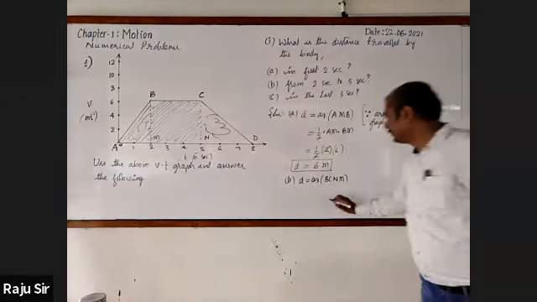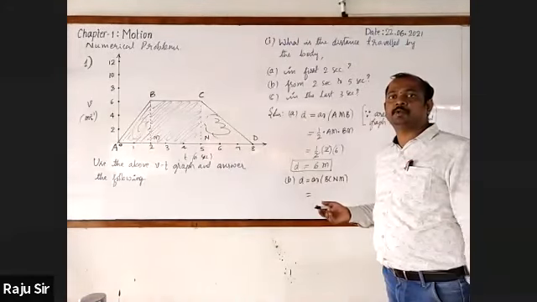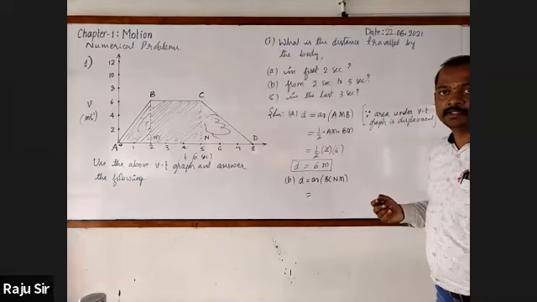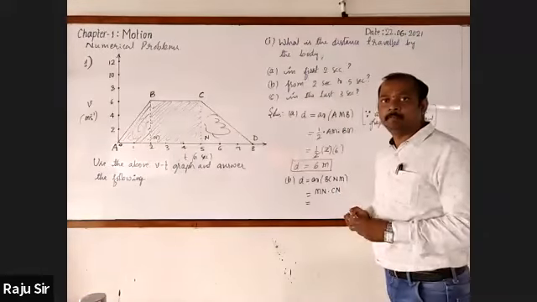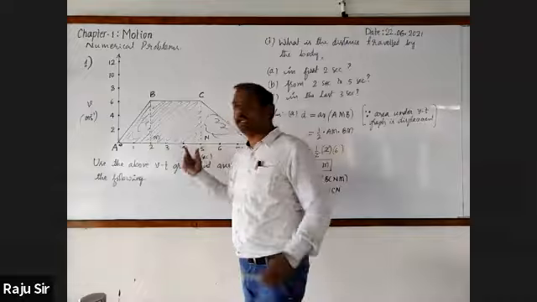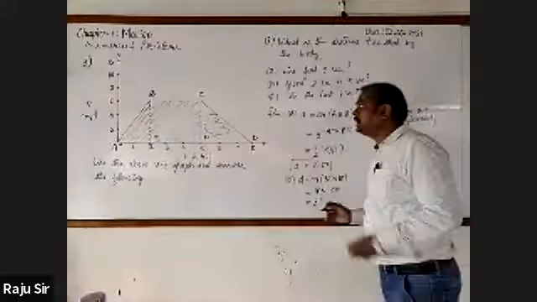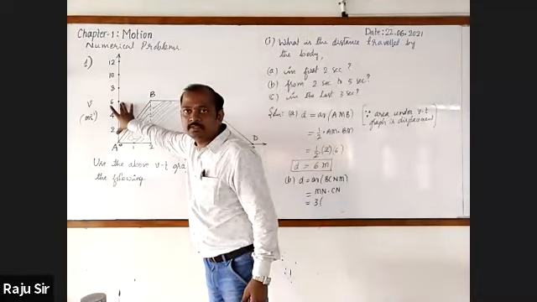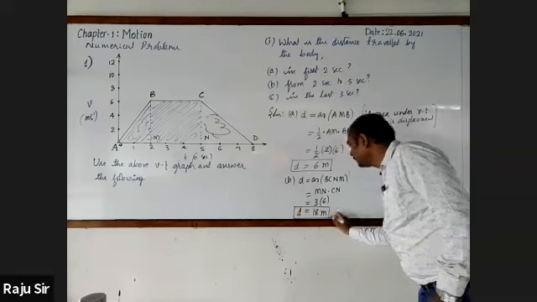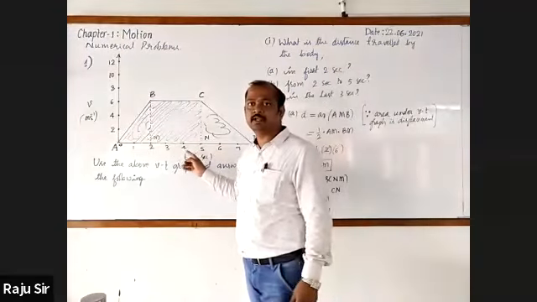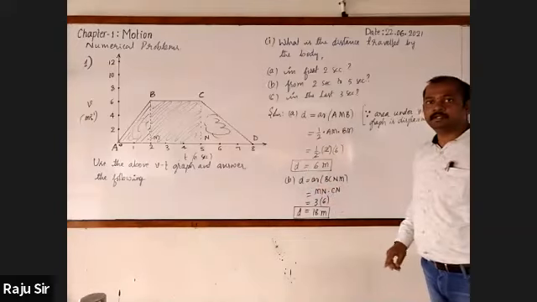Area of BCNM. As it is a rectangle, we have a formula to find its area. It is length into breadth. Length is MN, breadth is CN. MN into CN, where MN, count the units: 1, 2, 3. 3 units. And CN is 6 units. It will be 3 sixes are 18 meters. Distance covered from 2 seconds to 5 seconds is 18 meters.